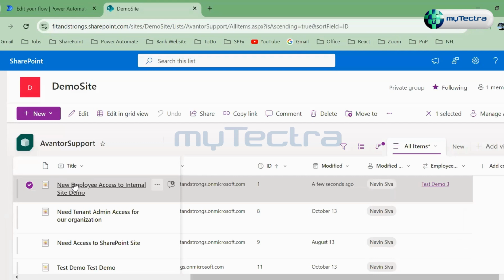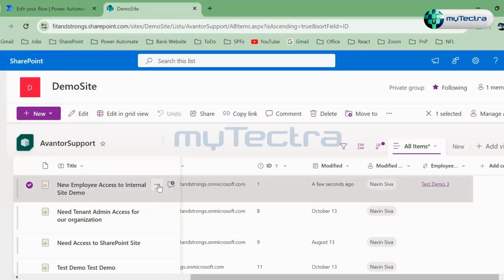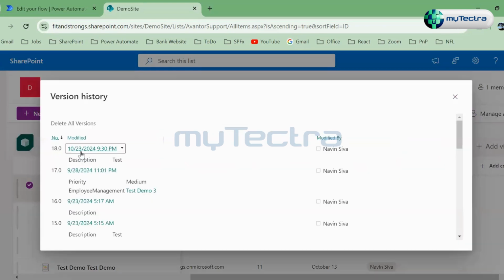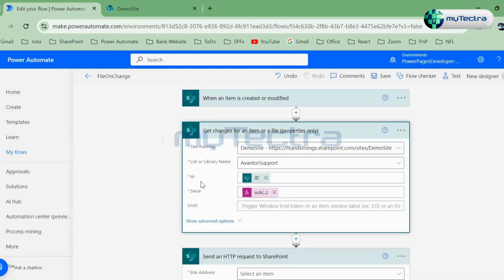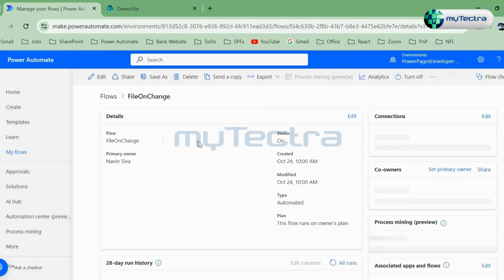In order to do that, we have to identify the previous version. So here I have updated this. Then my current version will be automatically updated. How can I compare? I have to compare it with the previous version. So I'm going back to the previous version. Here the since, right? Since I'm passing the previous version for that particular item, I will be receiving an output, something like what are all the columns got affected